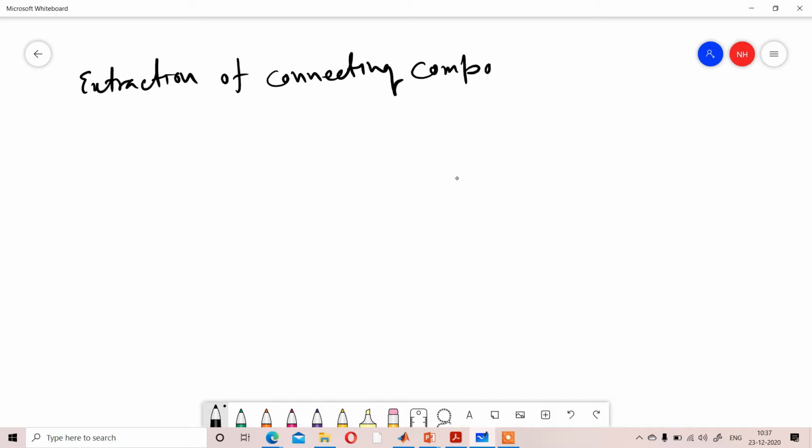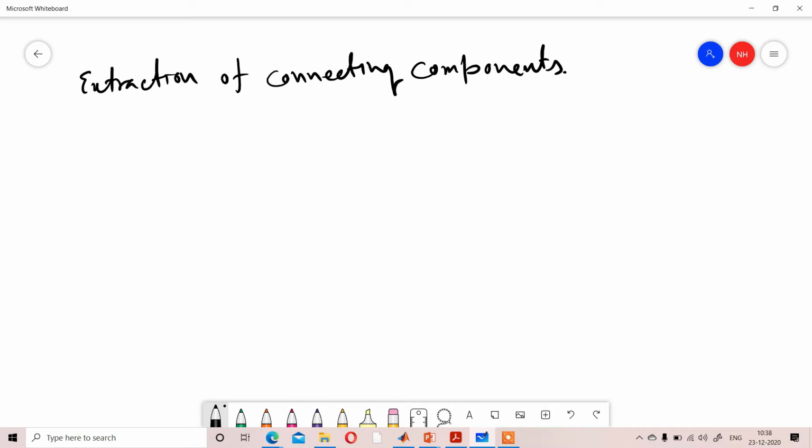Next topic is the extraction of connected components. When I told you how to calculate the path of pixels, or how to calculate the distance between two pixels, I told you that there are different boundaries and different regions.